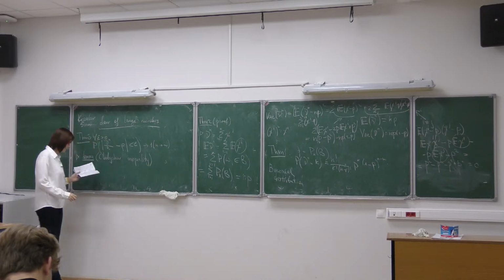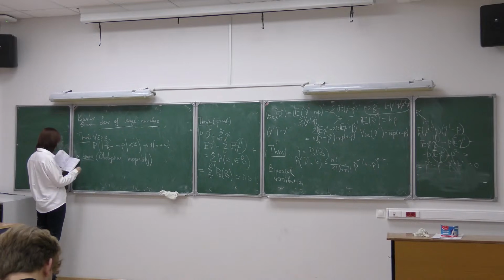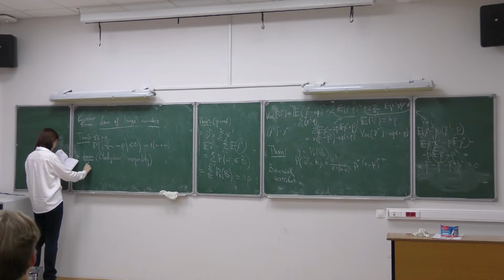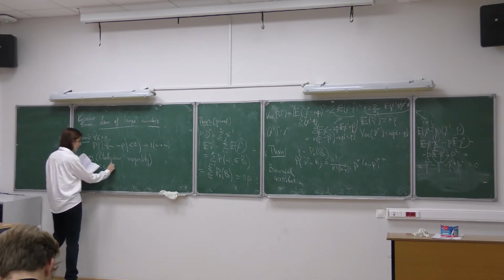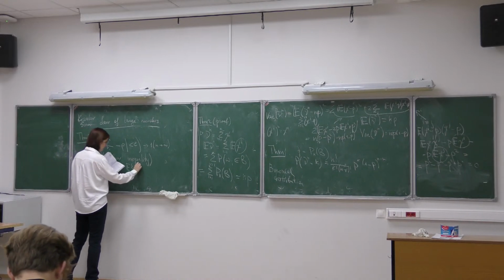So this is a Chebyshev inequality, and it says the following thing. If we take some non-negative random variable, and we know that it has finite mathematical expectation,